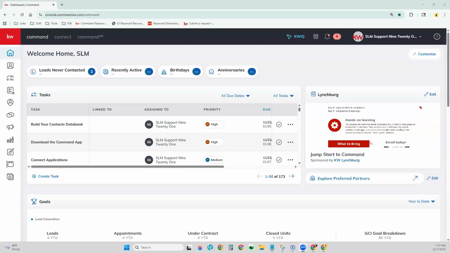Hello, this is Mandy with Scott Leroy Marketing, and today I'd like to show you how to add transaction vendors to an opportunity. So when you're working through an opportunity or a transaction, you do encounter several different vendors like